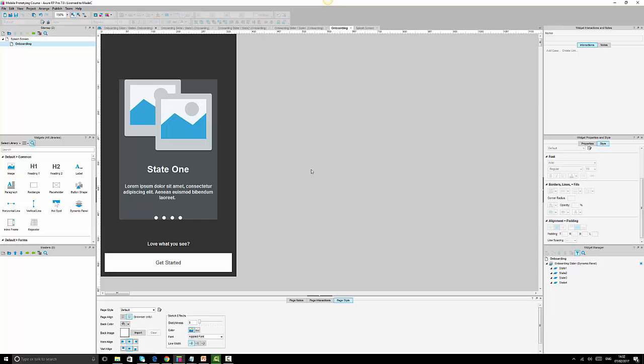So how do we change from one state to another? We need to use events within the widget and interaction, and there is a way. We look at the way we interact with a mobile app. We have to touch, right? Once we touch, or we slide, or we swipe, we can interact with the content. Now, what we need to do is think about how we're going to do this. The simplest way to do it is to take a rectangle widget,